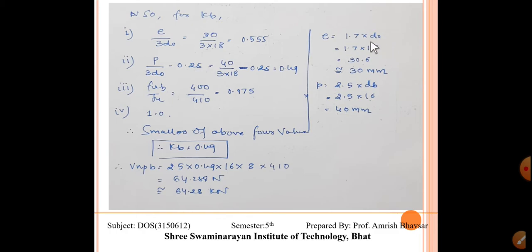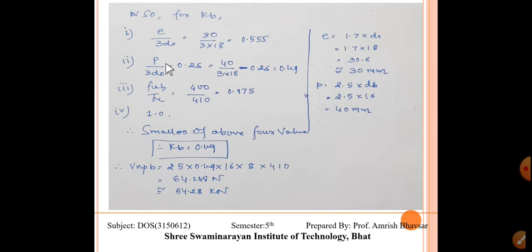When we are calculating for a 16 mm diameter bolt, we must take the whole hole diameter of that bolt, which is 16 plus 2, given on page number 73 of IS 800. From that we find e, and we get e equal to 30.6. So we are taking 30 mm as e. Put this value in the first equation of Kb and we get